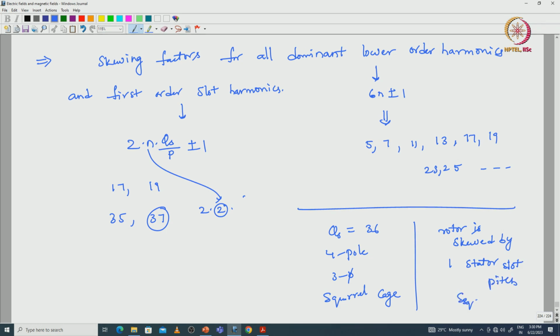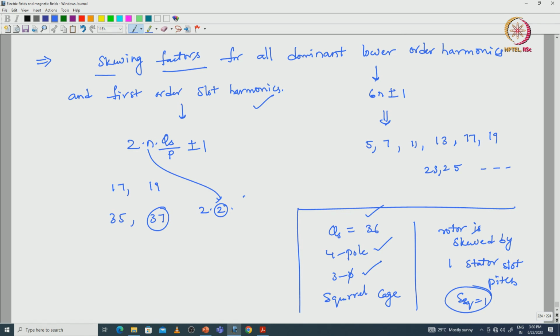SSQ is equal to 1. This is the problem statement. For the given data, number of slots equals 36, a 4-pole, 3-phase squirrel cage induction machine where the rotor is skewed by one stator slot pitch. For that, find the skewing factors for all dominant lower order harmonics as well as first and second order of